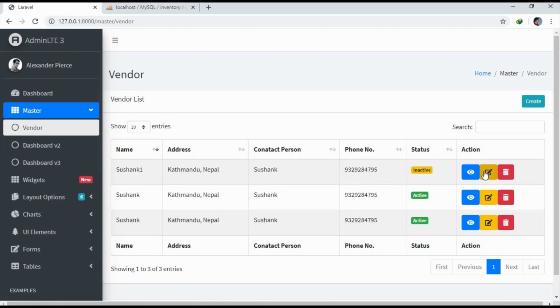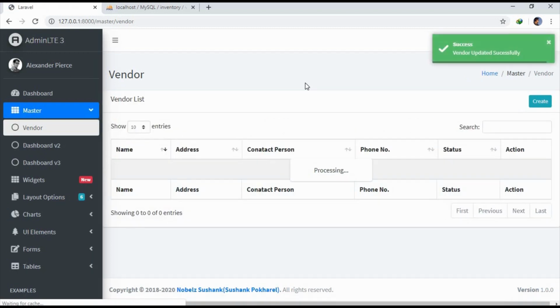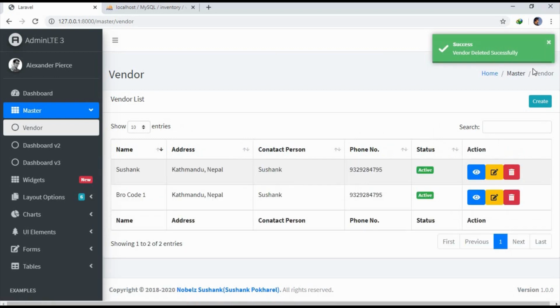So our edit also works fine. Let's again change this to bro code 1. Let's change this inactive to active and let's submit the data. You can see it has been changed, and our delete function also worked perfectly. So let's delete this. Okay,